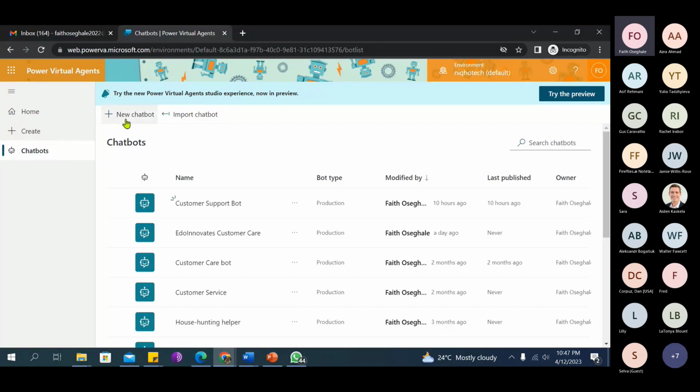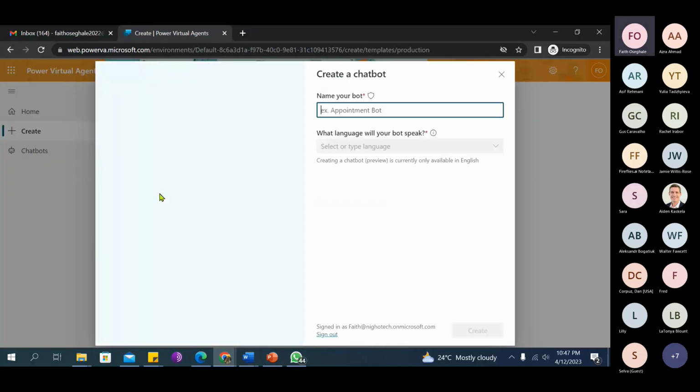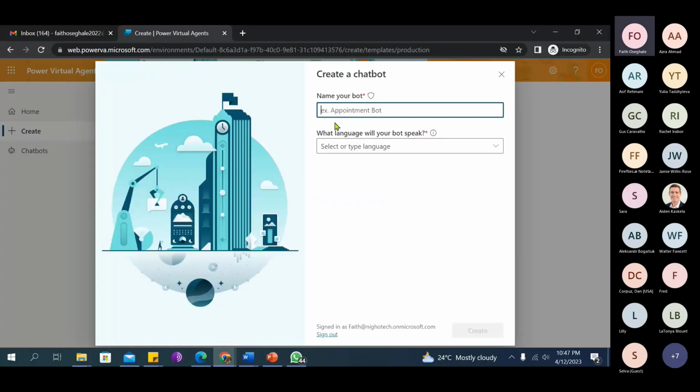So what we are going to do is click on new chatbots, because we want to create a different chatbot for this particular program. So I'm going to click on new chatbots and build for production. I'm just going to name my bot. I can decide to call it customer care helper, because I want it to be able to answer some questions